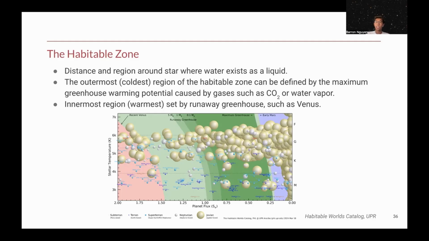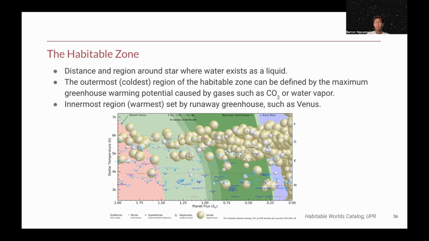And then the innermost region is set by the runaway greenhouse limit, where, like we talked about earlier, the amount of greenhouse gases contributes to a really hot, oven-like planet. So as you can see, this green area is defined as the habitable zone. We have Venus right here, and that's in the red zone, definitely not habitable. Earth is smack dab in the middle right here, and the maximum greenhouse is just a bit past Mars. So that's why Mars is also of really big interest for people to study, just because potentially in the past it may have been habitable, but